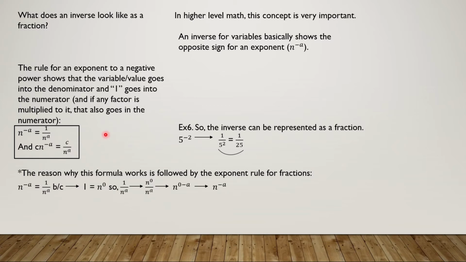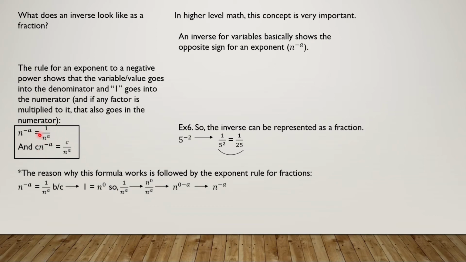Why is it like that? Well, it's because when you take a value and you raise it to the negative exponent of that value, what happens is you come out mathematically with 1 divided by that variable raised to the positive version of that exponent. So if you have n raised to the negative a power, it becomes 1 divided by n to the positive a power. And if you have a factor, that factor is the same thing as just multiplying to this fraction right here,